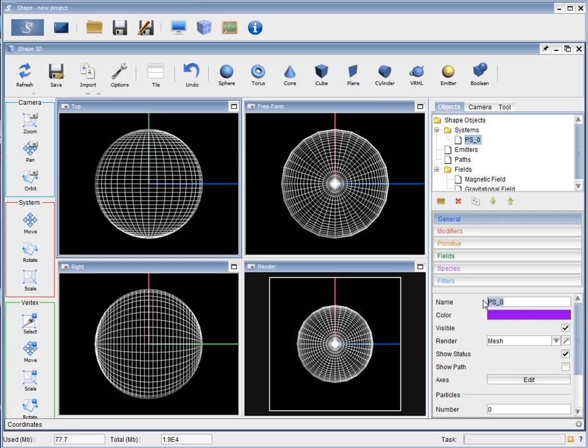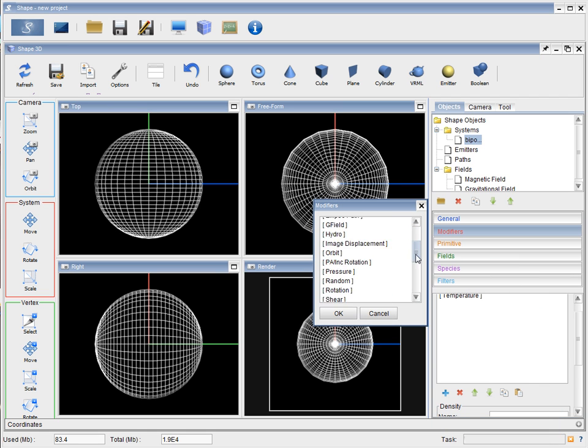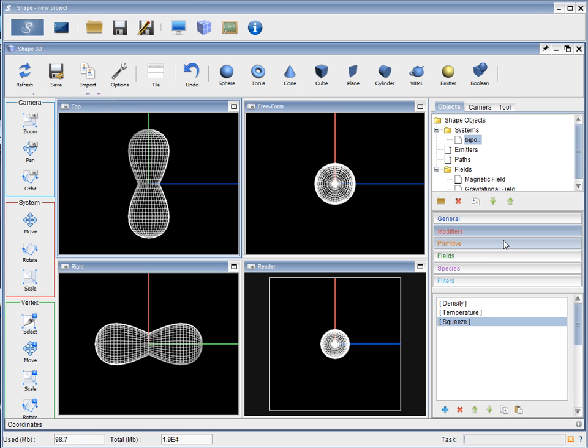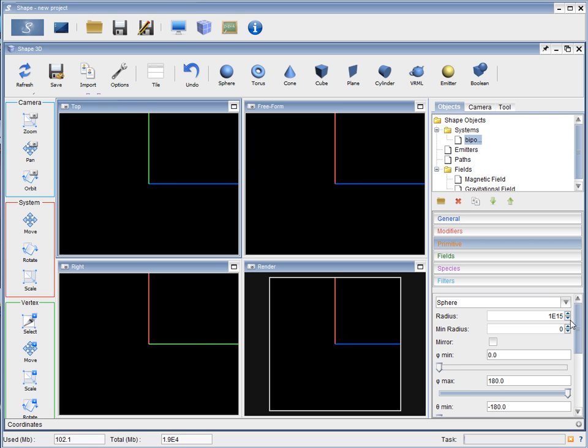Change the name, bipolar, and now add a squeeze modifier. This yields a bipolar structure immediately. Now for physical computations, we better make our objects the right, physical sizes. So we go to the primitive tab and set our object to a size of 10 to the 15 meters